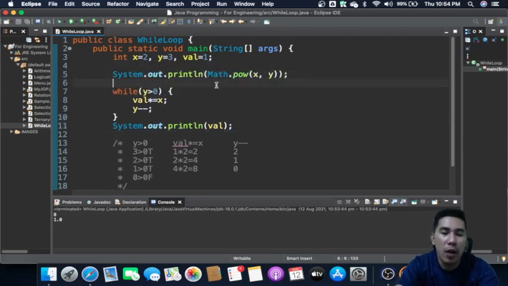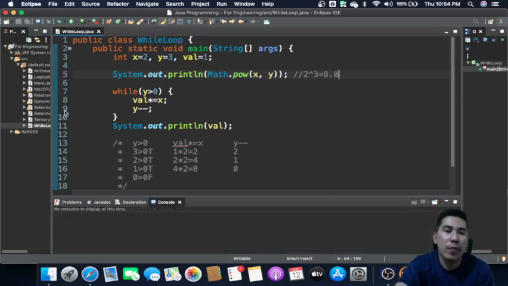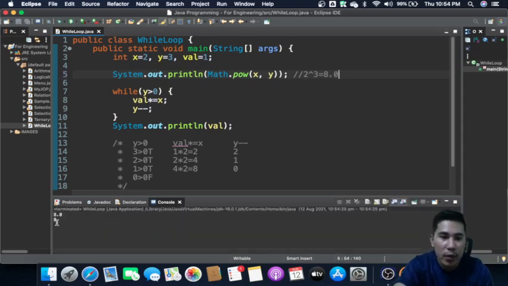So first, before actually the y is going to update, it's going to be 2 raised to the power of 3, which is actually 8. But this time it's with decimal point. So yeah, 8.0, and then this one is the replication, or parang, yeah, it's a simulation of math.pow.